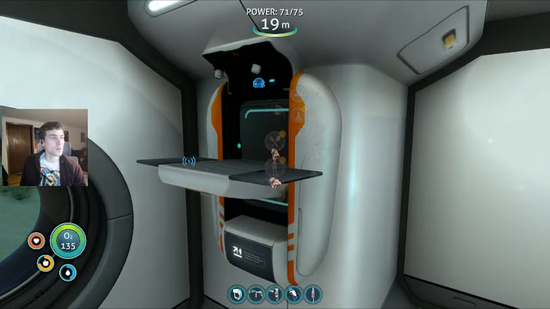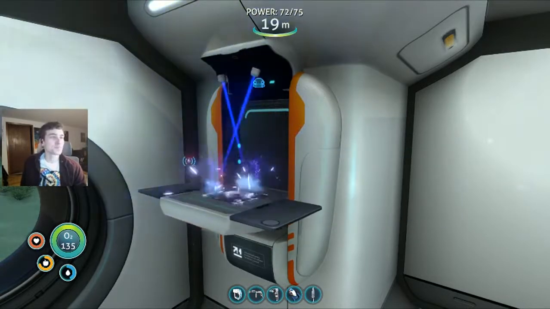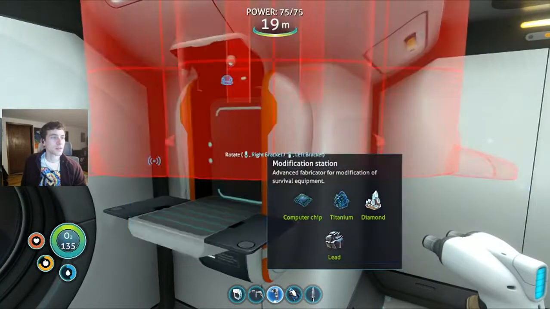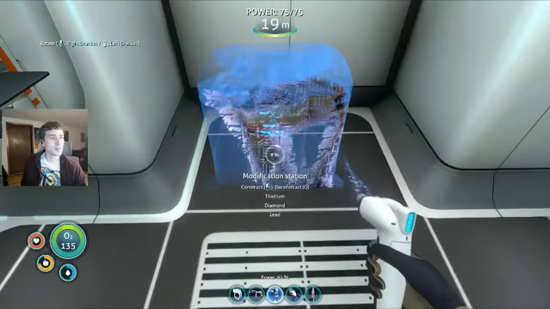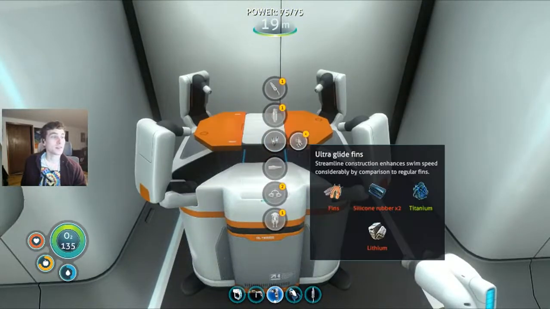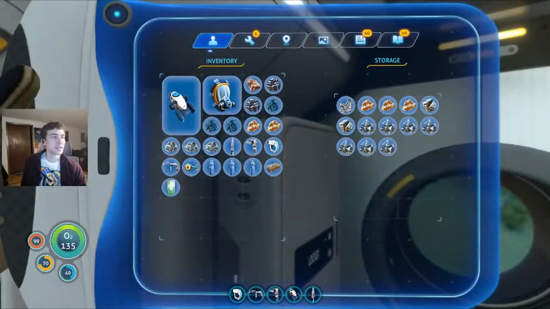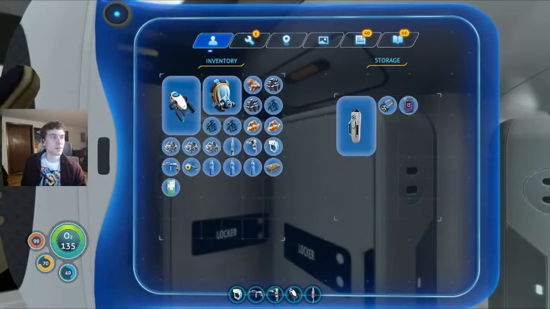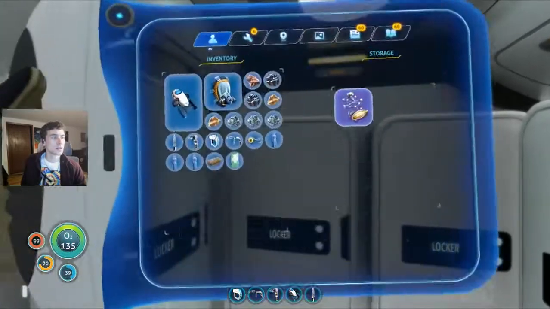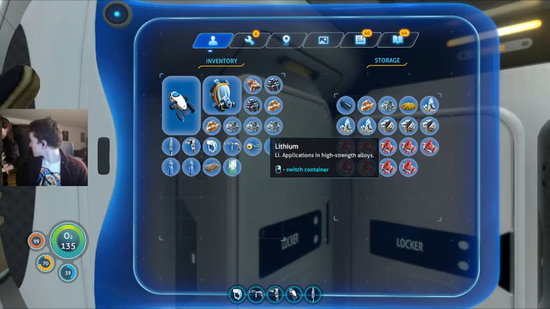Let's go with a couple of. We got a computer chip. Alright, so now do we have enough? We got everything. We'll do our mod station here. So all of our buildings. First we need pin upgrades. 2 silicone rubbers and a lithium. I think I need a lot of... From last time, if I remember right, we are going to need... Yeah, we are going to need...